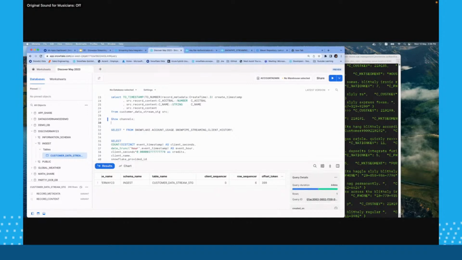Will Snowpipe streaming be able to handle 400K streaming records per minute? Absolutely, yes. I have tested it out myself, and this is the answer to Ratnesh Sawant. Yes, it will be. But we generally don't talk in terms of the number of records. We talk in terms of the volume it can address. As long as it is within a gigabyte per second, it can handle any number of records.